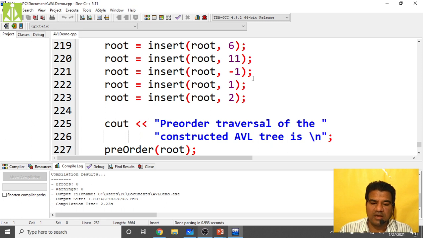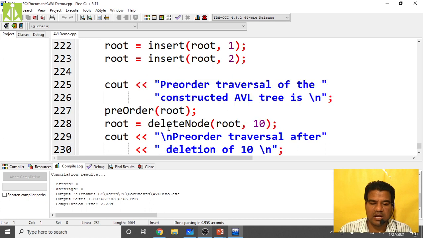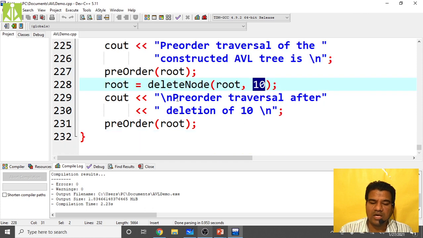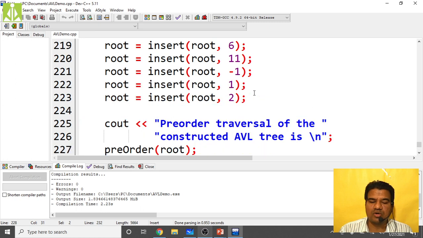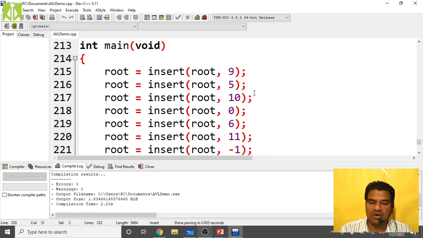Then you construct the AVL tree and perform the pre-order traversal, post-order traversal, and in-order traversal, and after that delete the same 10 node. I told you that I'm going to delete the 10 node, so delete the same 10 node and once again perform the pre-order traversal and just see what output you get on the output screen.